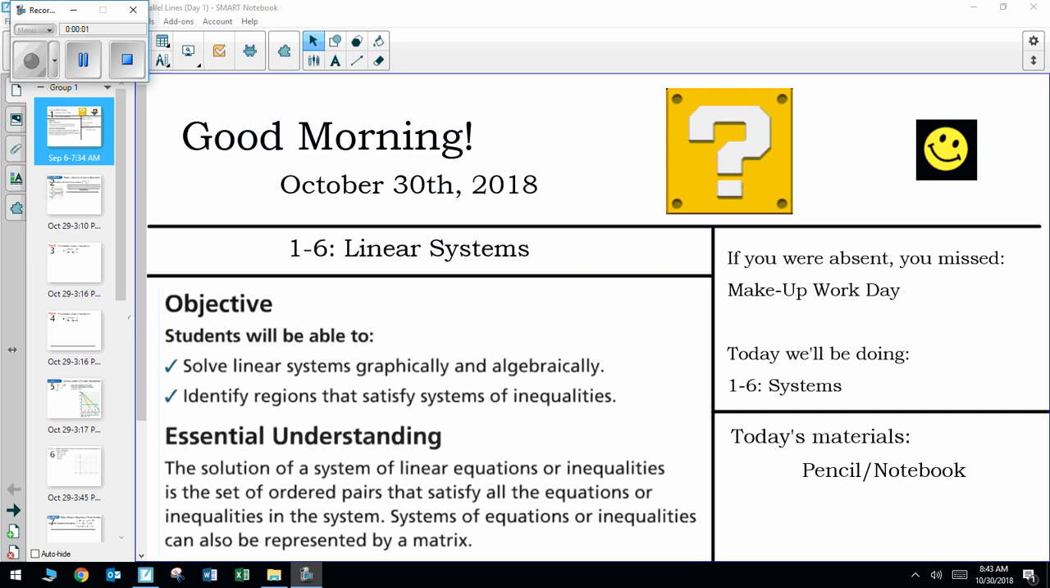All right. So we're talking today about linear systems. These linear systems, we kind of touched on them in the previous topic because we were looking at graphing multiple equations and seeing where they intersect. So in today's lesson,